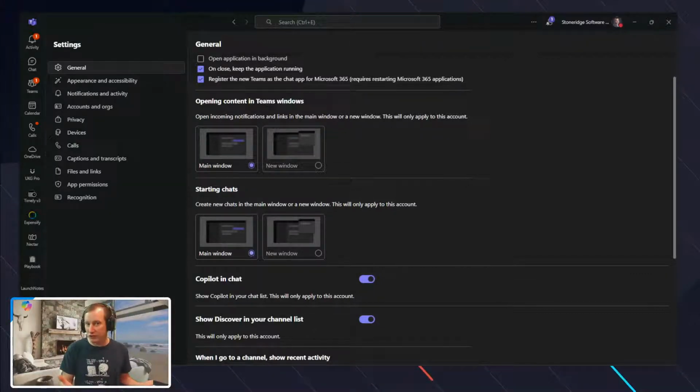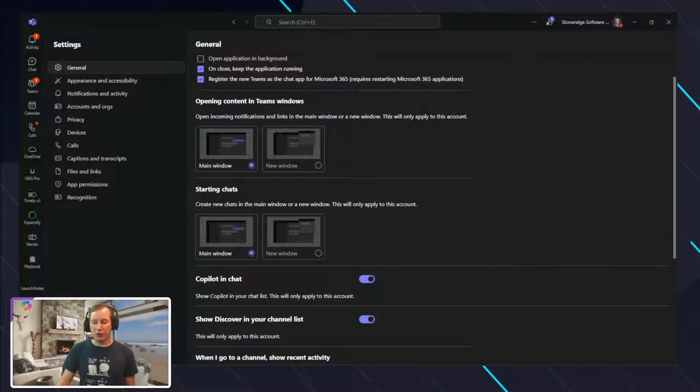And the initial release only had that. But a lot of people complained about it because we were like, well, we've got a computer. We don't have a phone. We're running Teams on a computer. Let's use the computer's capabilities of multiple windows to do that. So you can use these settings to change the behavior. If you want to pop open another menu, you can do that as well. So it's really nice to have, and it's a basic feature that is actually often overlooked, but it can be very, I don't know, from a user interface perspective, very beneficial.